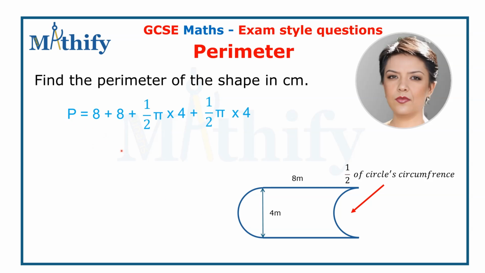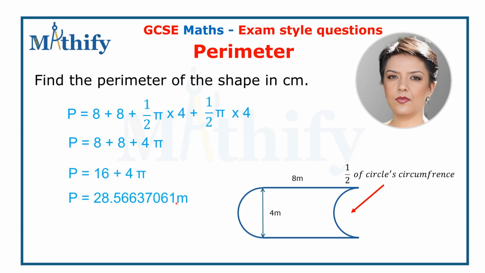So we'll write 8 plus 8 plus half pi times 4, this is 2 pi, plus half pi times 4, this is also 2 pi. When you add 2 pi with another 2 pi, that will give us 4 pi. And when we add these together, that should give us perimeter 16 plus 4 pi. So this value would be